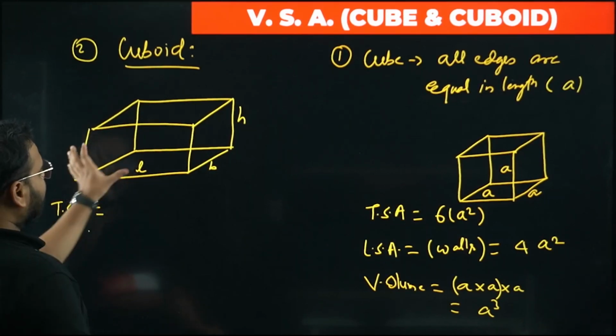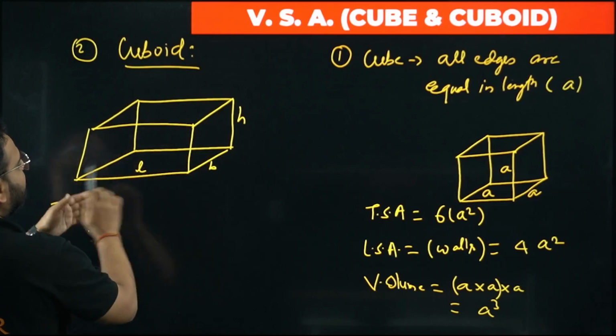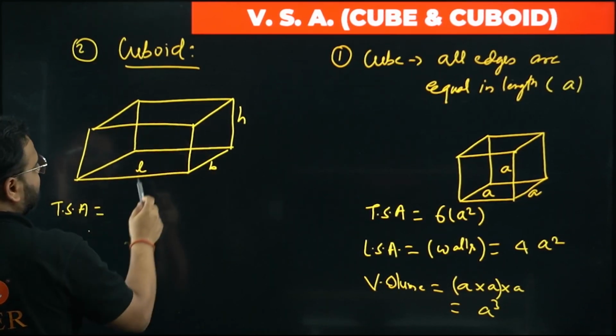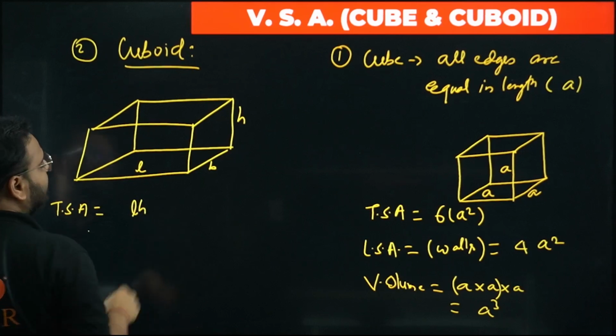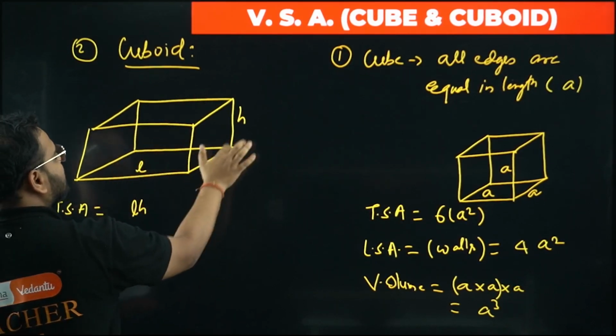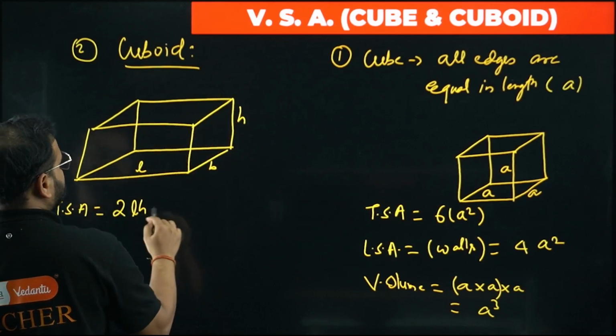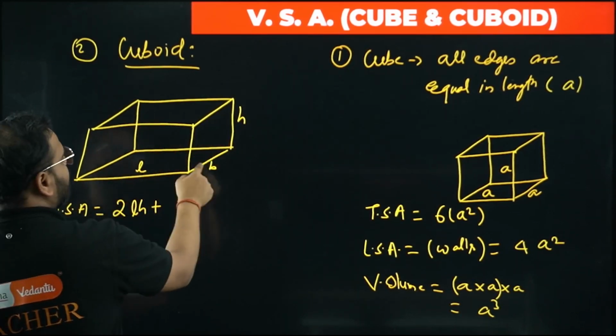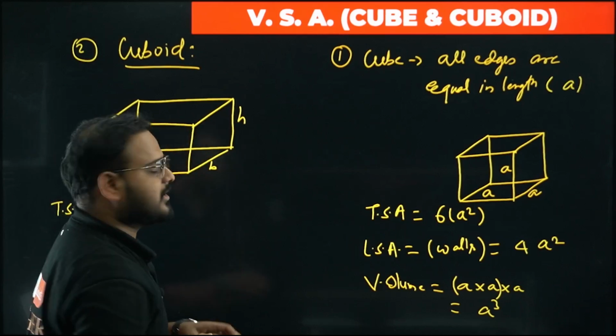Check this out. Front is L into H, right? Front face, length into the height. So I'll write L into H. How many times? Front and back, same, right? This also is length, this also is height. So 2LH. Same way, the base part is L into B, and the top part also L into B. So I'll get